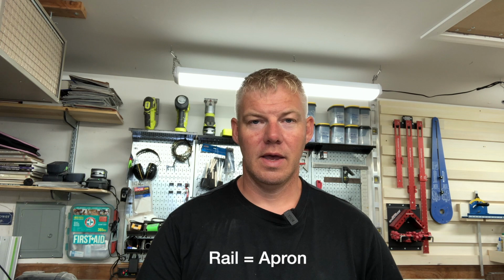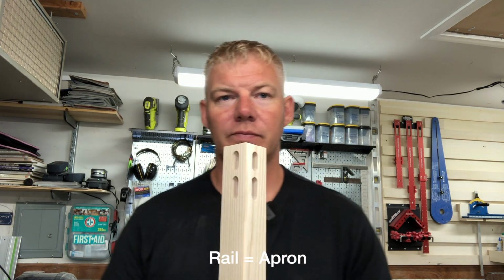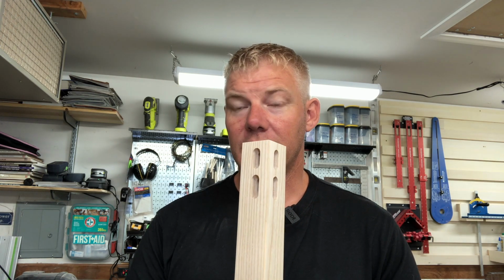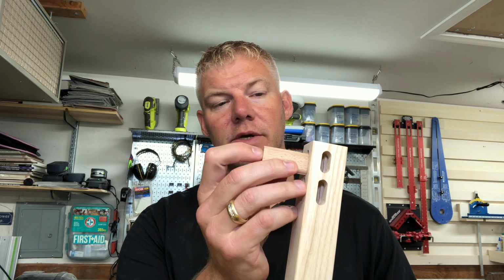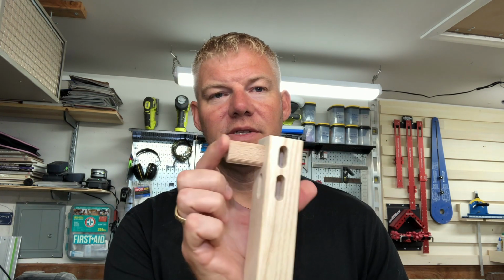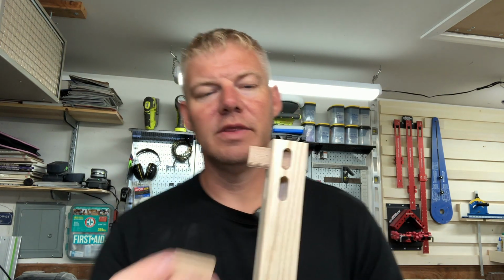Hey everyone, so I wanted to share real quick the mistake I made in the design of my legs and rails and what I'm going to do to fix it. As you saw earlier, I was cutting the mortises with a Domino on the inside faces of each leg for the top rail. When doing so, I realized I had made an error in my design, and these are 50 millimeter in length dominoes that go in here. And they are too close to each other. So basically, when I cut these 2 mortises and then cut these, I was actually cutting into this mortise area. Essentially what this means is, when I put this domino in, you can see right here, it seats fully. However, it will not allow this domino to now